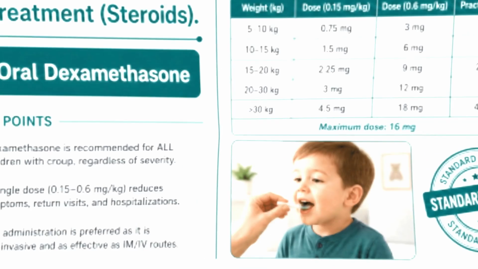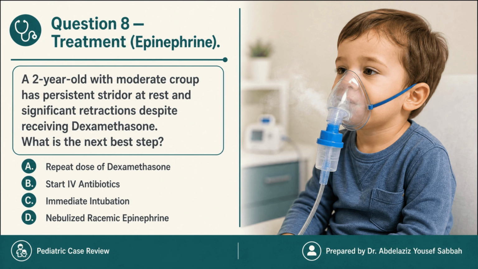Question 8. Treatment with epinephrine. A 2-year-old with moderate croup has persistent stridor at rest and significant retractions despite receiving dexamethasone. What is the next best step? Option A, repeat dose of dexamethasone. Option B, start intravenous antibiotics. Option C, immediate intubation. Option D, nebulized racemic epinephrine. The correct answer